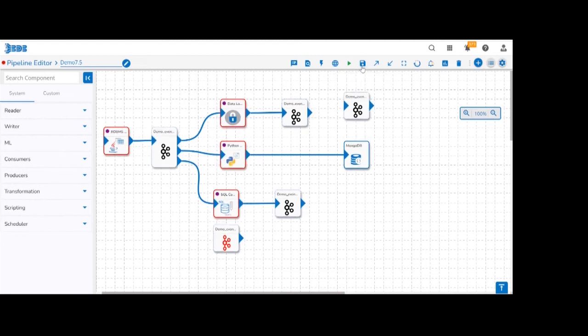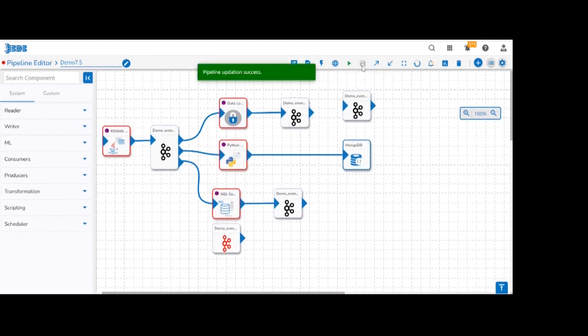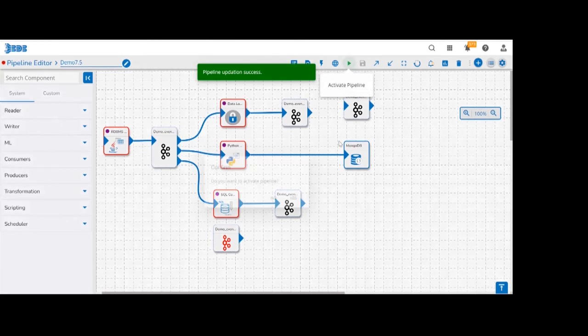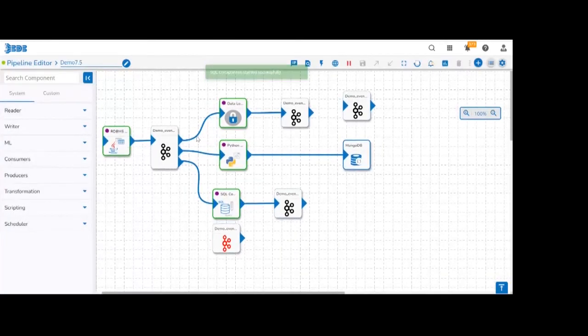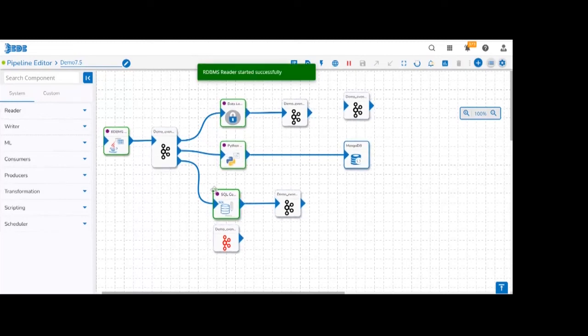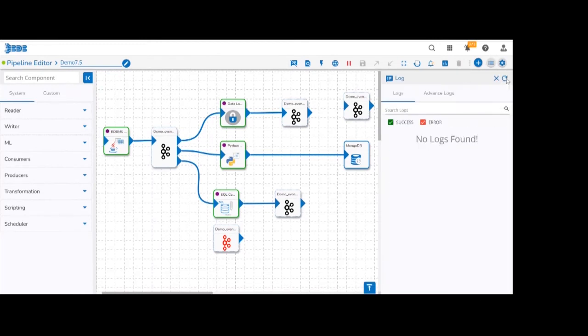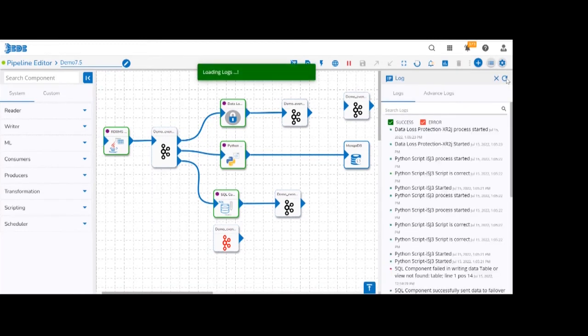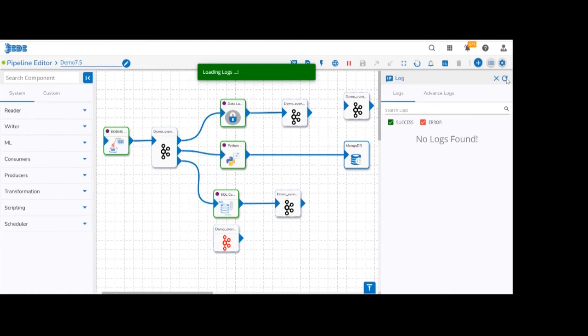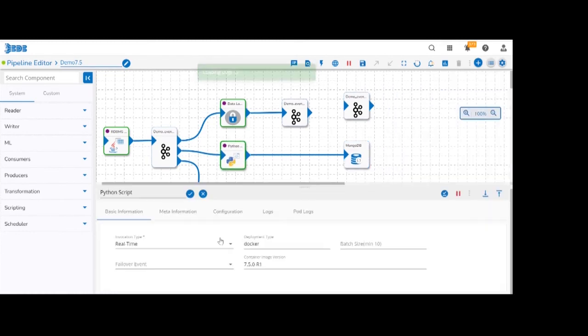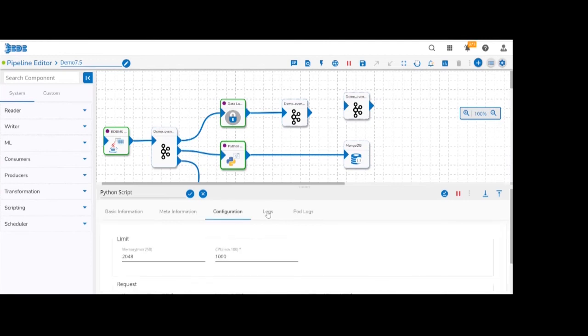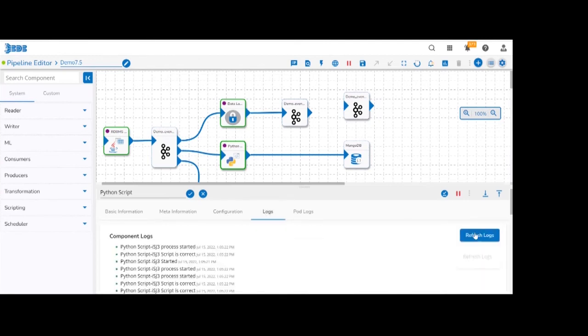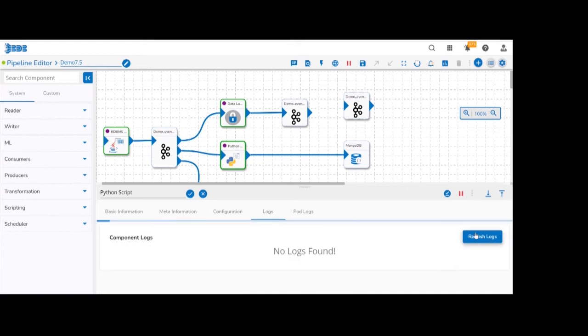Click on the save button, update the pipeline, and activate the pipeline. Once you activate the pipeline, all the components will start and produce the data to the event. Okay, so we need to check the logs, what's going on. Multiple components are there, and we have to check the Python component, the configuration logs, what is going on. The process already started,